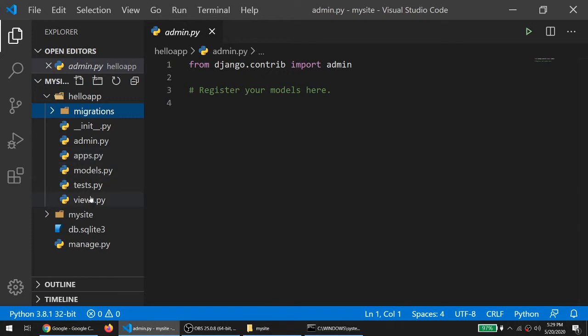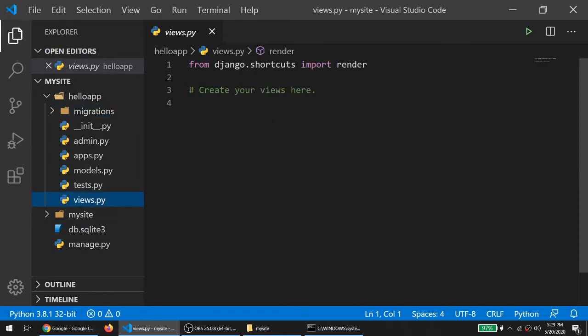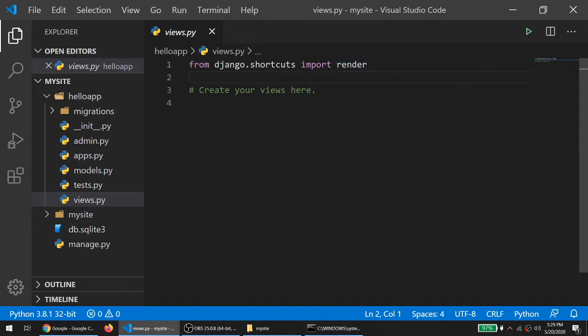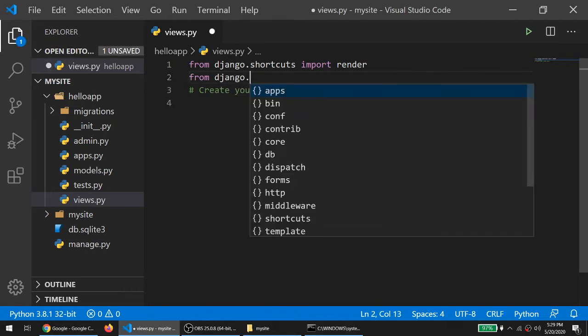Okay, so what we have to do first is a demonstration of hello world, right? To create a hello world we have to define a basic function in our views.py. By default they have already imported the render method, and what we have to do is import from django.http.